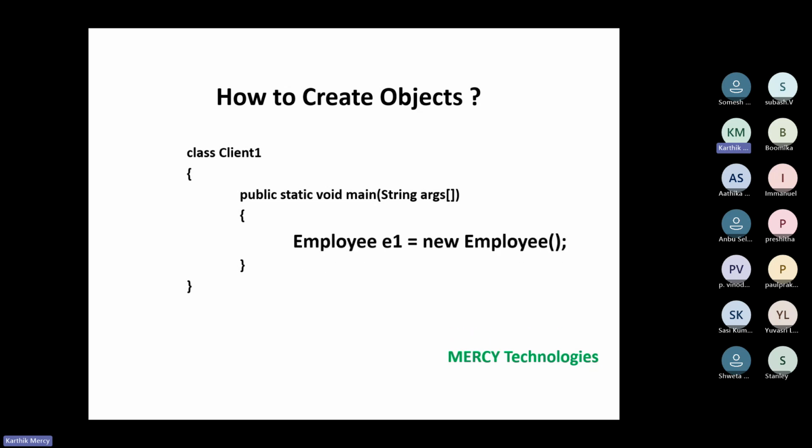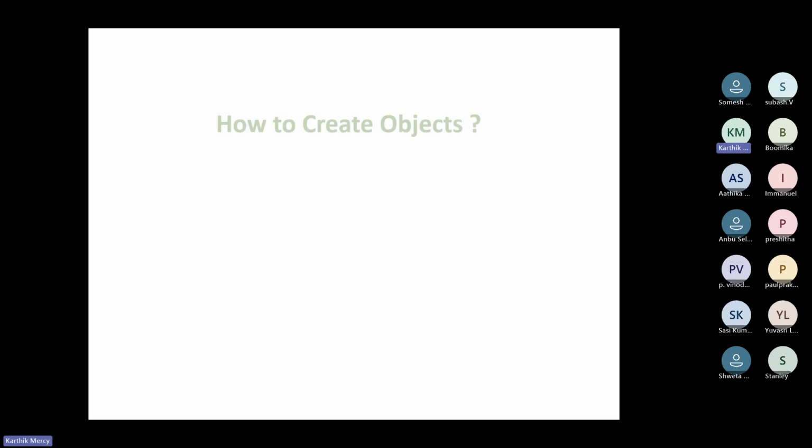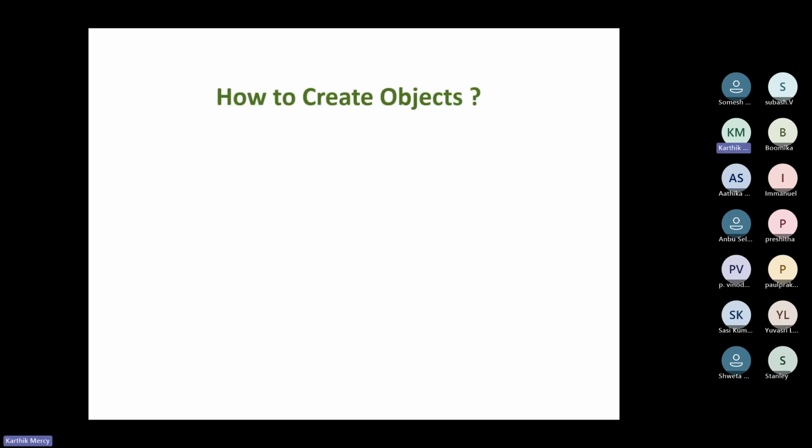This is a very important line of code for you, and the whole Java class and object concept revolves around this particular point. How do we create an object? We say new Employee: Employee e1 = new Employee. Using this line, we'll be creating an object. But this has three internal steps that I'll be speaking about one by one, in just this slide.